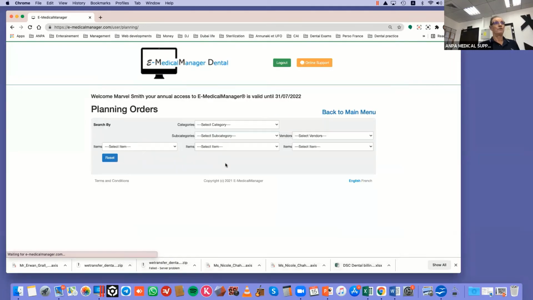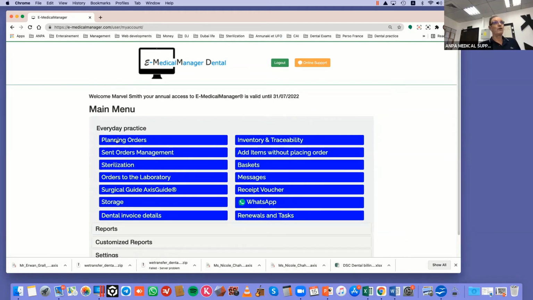So we save that. So now we have nothing in the planning orders. We could have something with different vendors. In this case, we have nothing to order, and no vendors. So we can go back to the main menu, and we are going to jump now from planning orders to